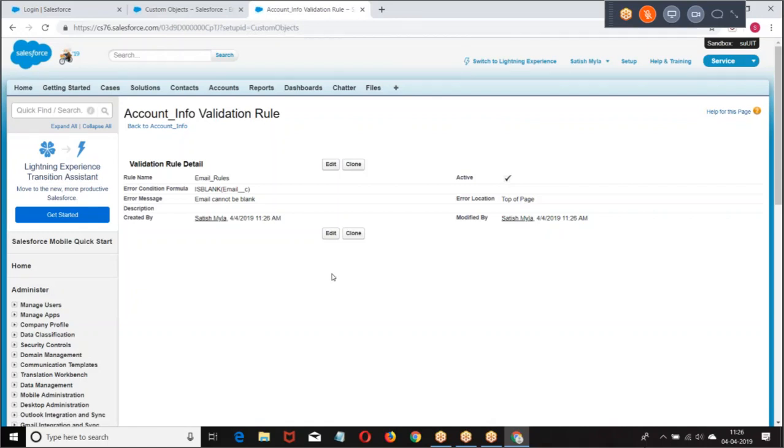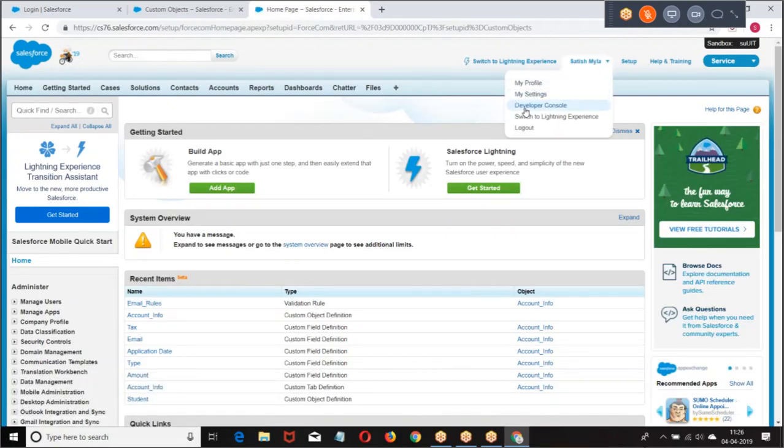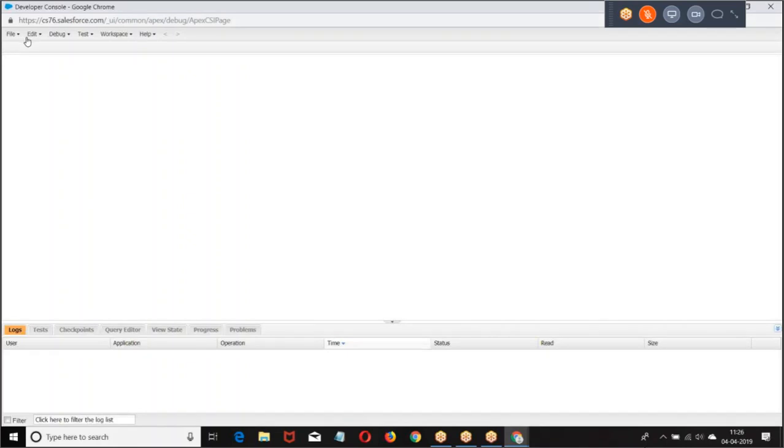Right. This is how we have created. So object creation, formulas, fields. At the same time, I want to create a trigger for it. I am making some changes and development activities on the object.